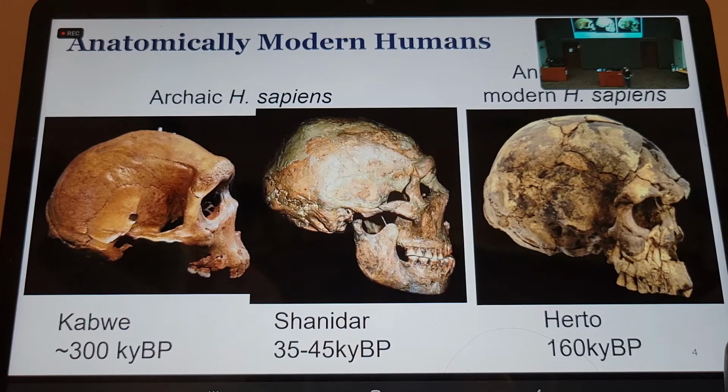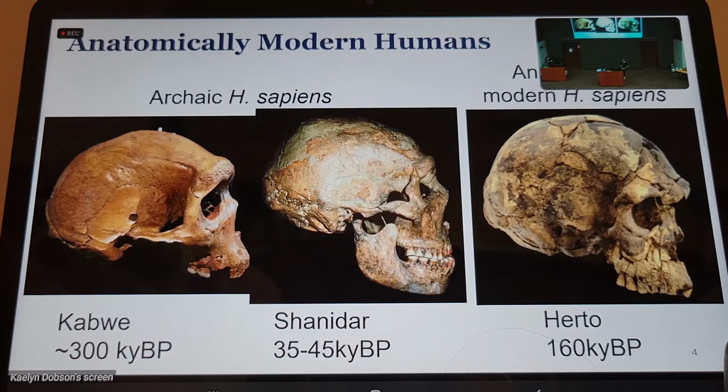Probably lots of different archaic Homo sapien forms in Africa, in the Middle East, in Europe, and Asia. Right? So we've got this event that happens producing anatomically modern humans, but you can also see the